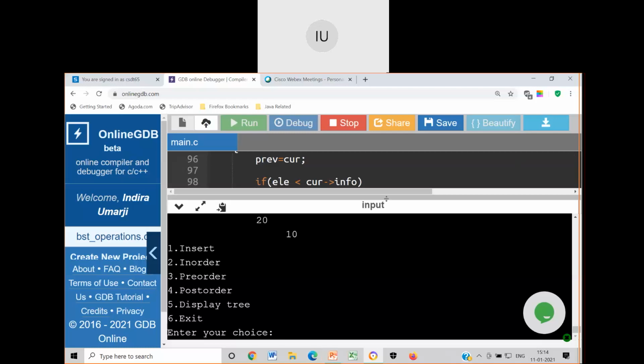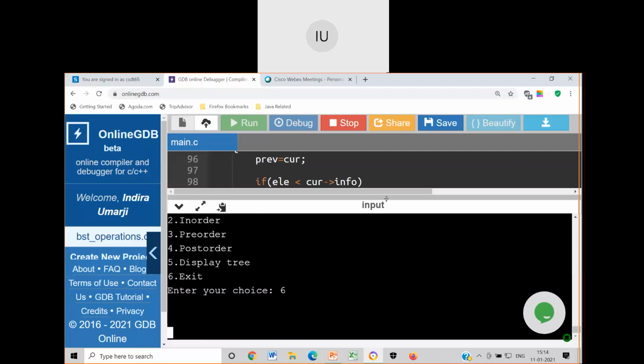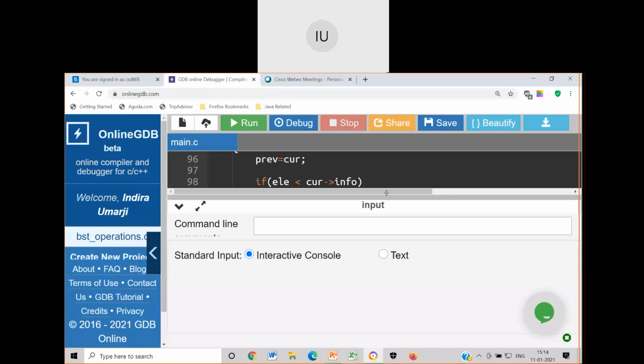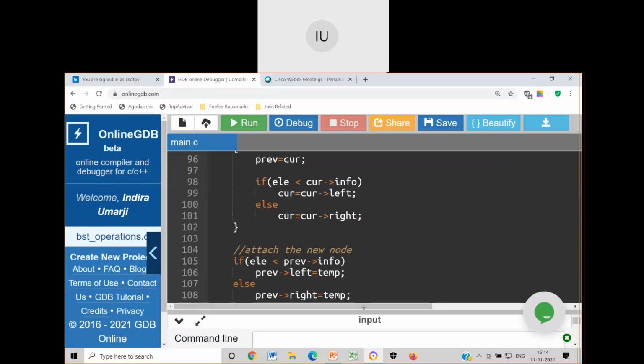Okay. Now, guys, I'll ask you a question. If I want you to find the least element available in the tree, what is the way out? I want you to find the minimum element of the binary search tree. How to find it?